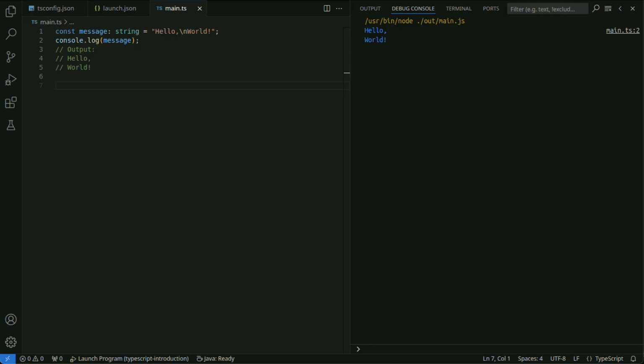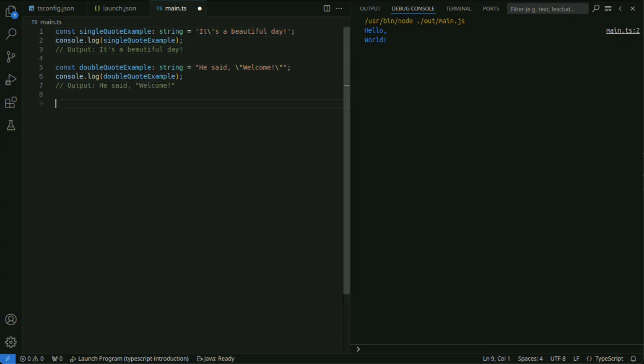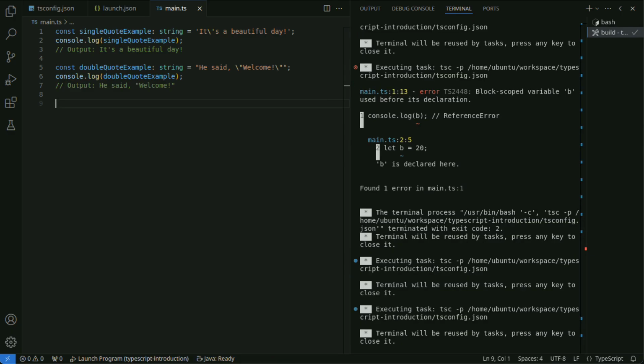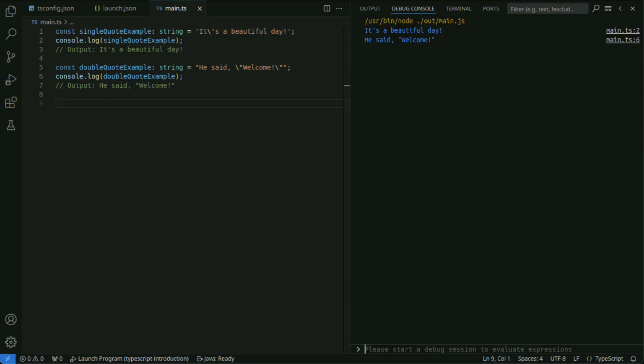Escape characters are also useful when including special characters in a string. For instance, you may want to use double quotes or single quotes directly within a string. To include a backslash in a string, you need to write it as a double backslash.